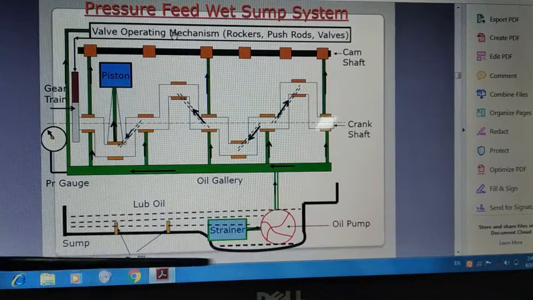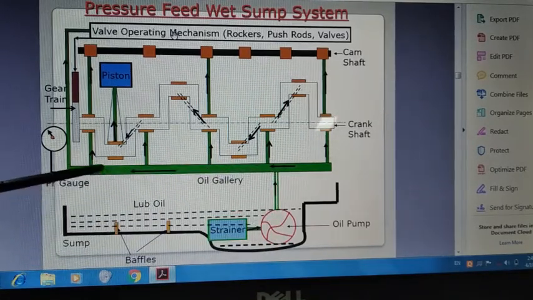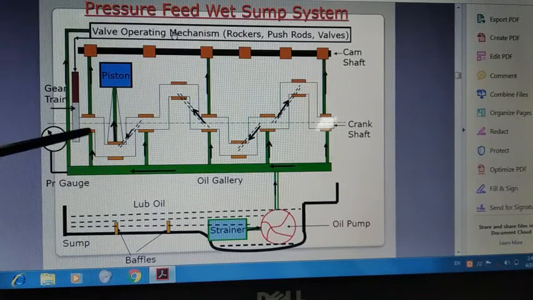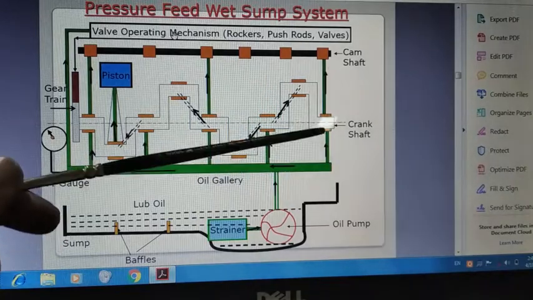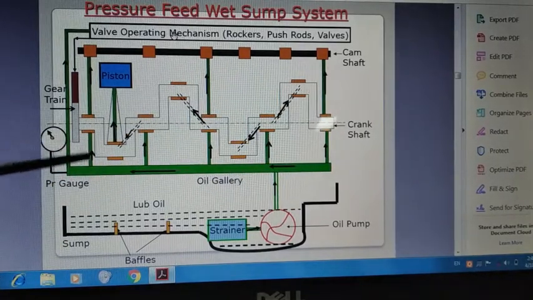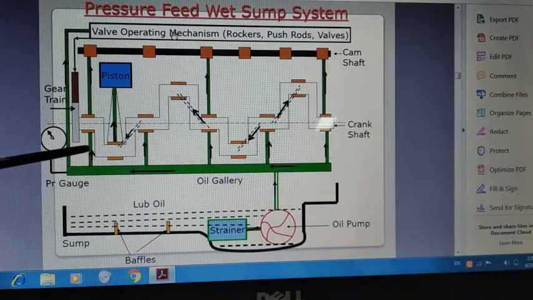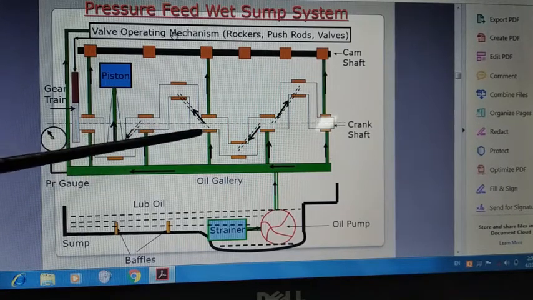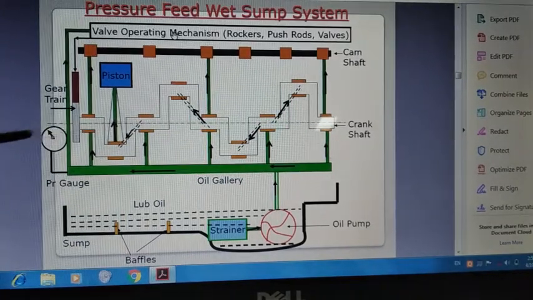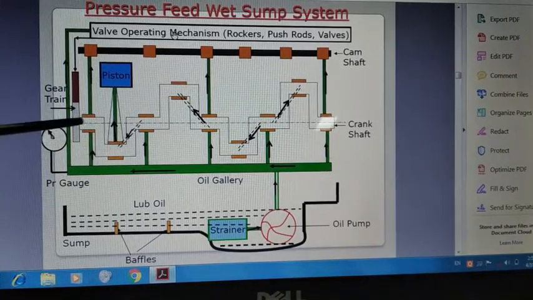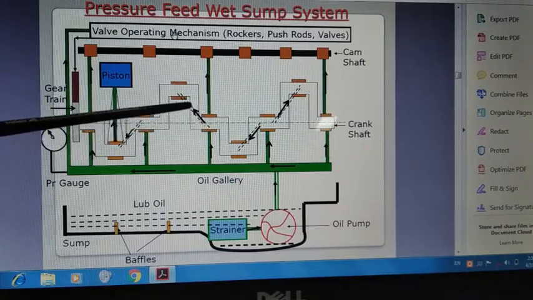So you can see the arrangement is the same. We have an oil pump which will pump the oil into the gallery, and these galleries are branched to individual components where you need to supply the lubricating oil. So you can see the oil gallery, again one branch is reaching those locations where lubrication should be provided, and then we have oil holes in the components through which the oil will be carried